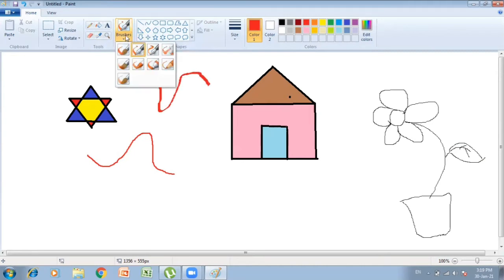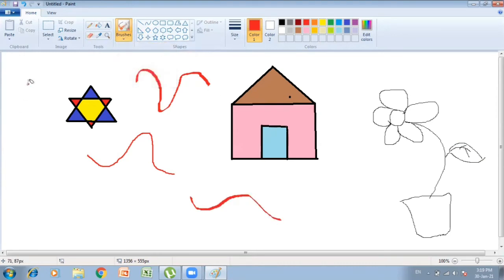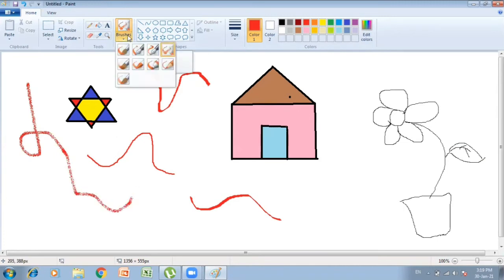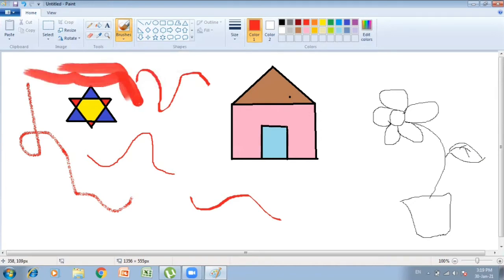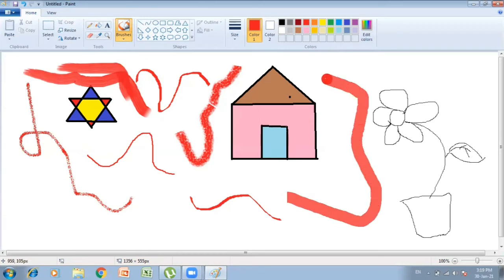So you can see you are able to draw lines of different styles by changing the style of your brush. This is like your sketch pens. You can select different colors for these.